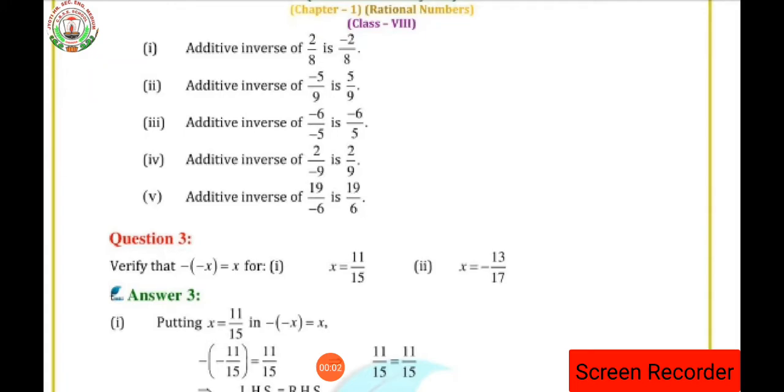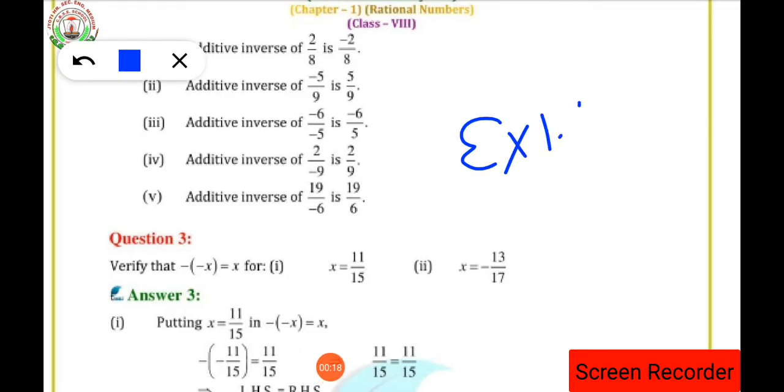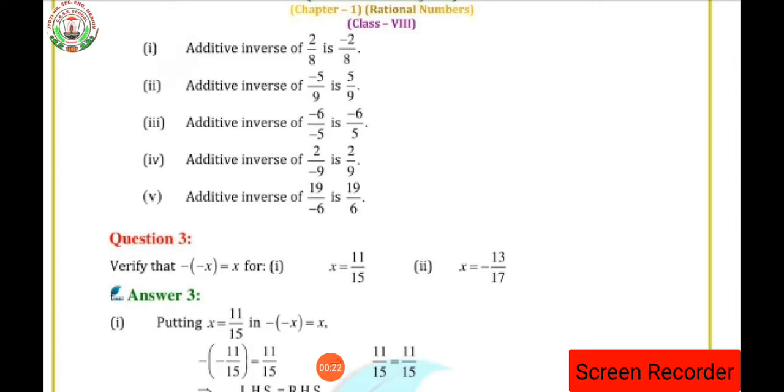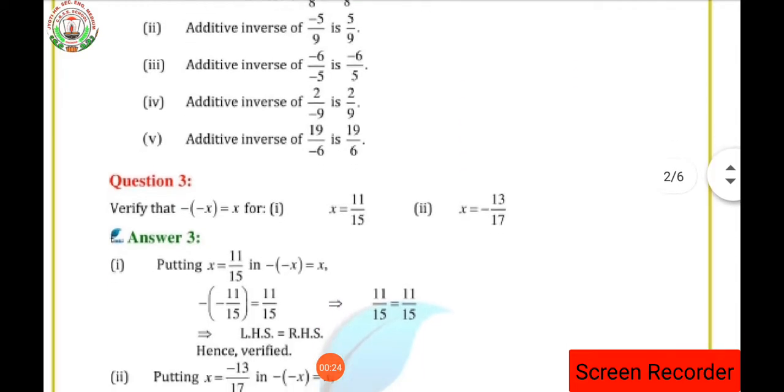Good morning to everyone. In the previous video, we had already seen rational numbers, question number 1 and 2, as a revision, isn't it? So in this video, dear students, we are having the revision of exercise 1.1 from chapter number 1, rational numbers. So we are going to see the revision for question number 3.